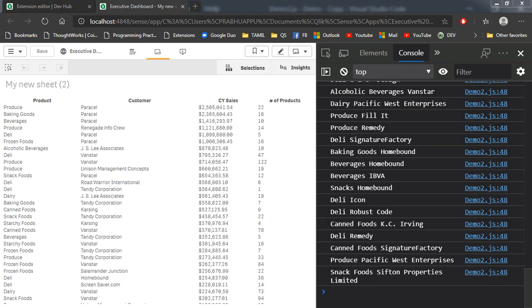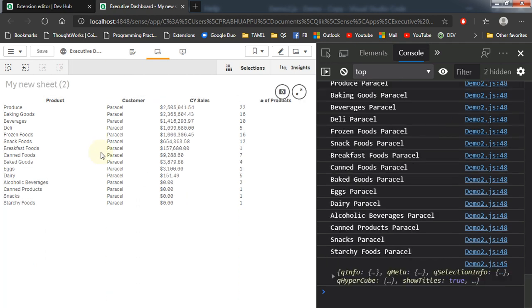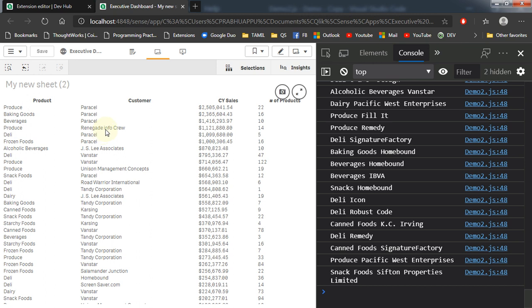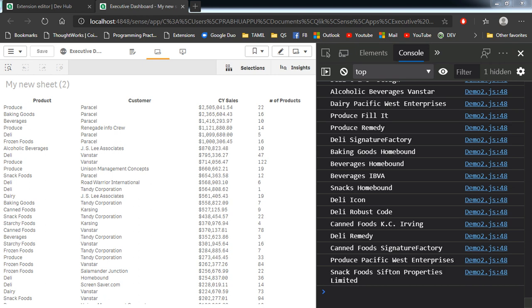So once it is refreshed, if you select any value in the second dimension, it selects that value that we have selected in the table. So if you select another value, say this one, it's getting selected. So we have covered how to add an event when we click on any element, how to select values from the JavaScript, and we have seen how to dynamically make that happen with the help of attributes that have been added in the TD element.